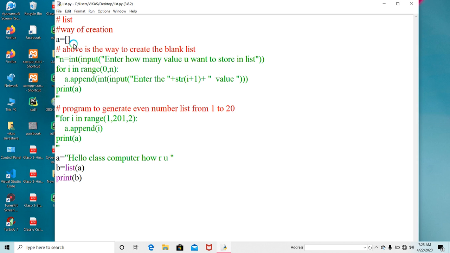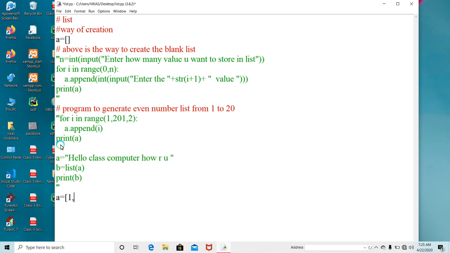You can create a direct list also. And one more thing, that is why the list is very important, because it supports storing more than one value of different data types.